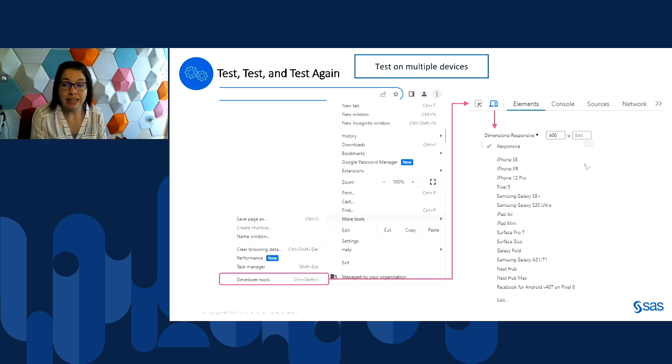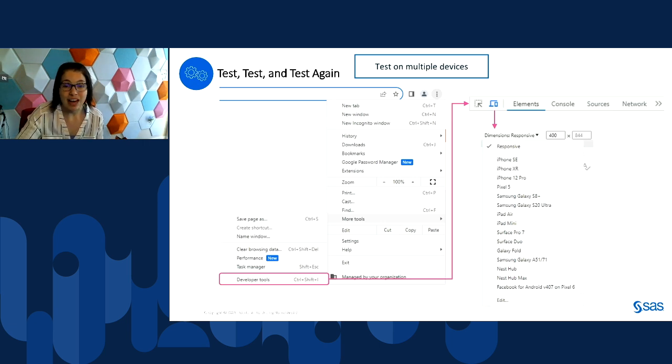In addition, you might want to test your report on multiple devices and multiple screen sizes, especially if you have viewers that will be viewing the report on different devices. One way you can do this is from your browser window specifically. If you go to the settings for the browser, there's often an option, typically under More Tools, called Developer Tools that you can view the report from. And then there's a toggle device report toolbar that you can use to view the report on different screens. This is extremely useful.